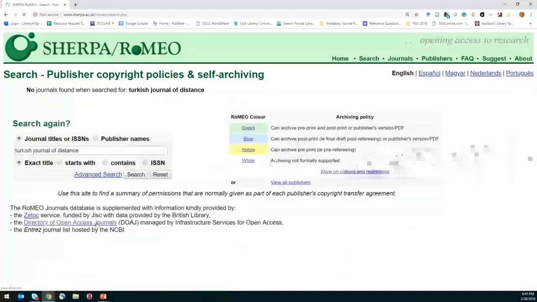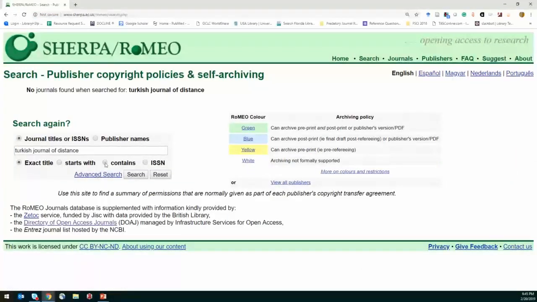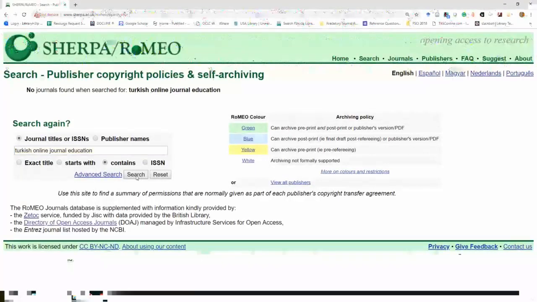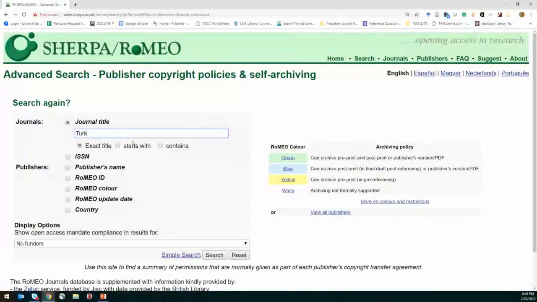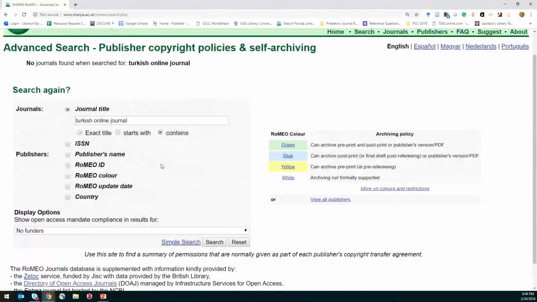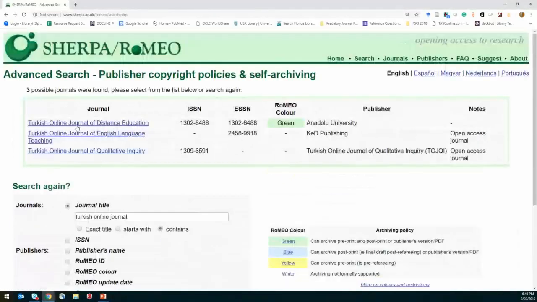That's not the one I want. I know it was something distance education. Darn it. Sorry, I thought I had that all set up to go. I'm not going to waste too much time on this. One more try. There we go.